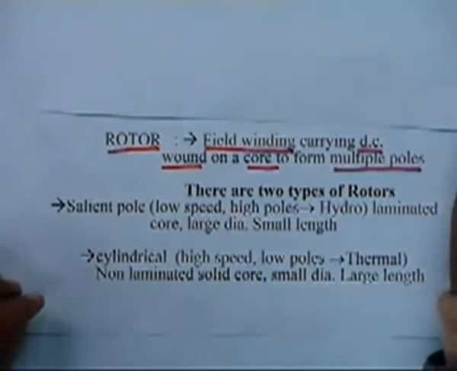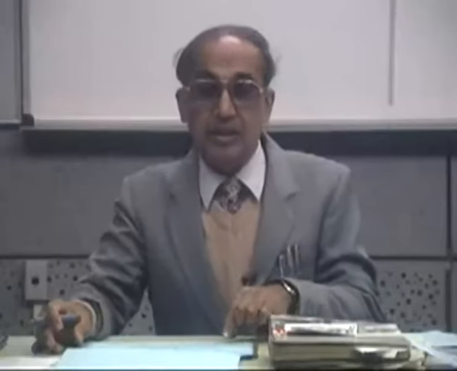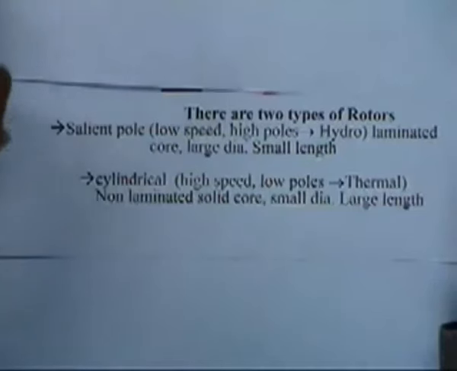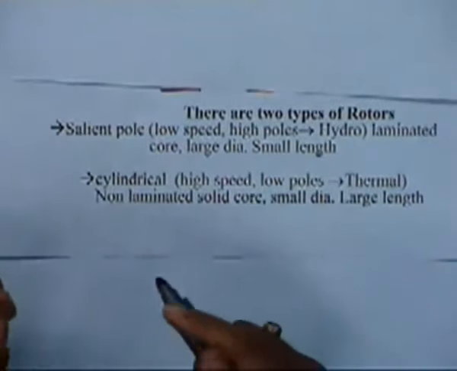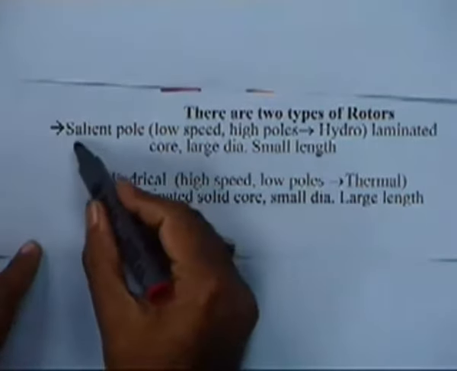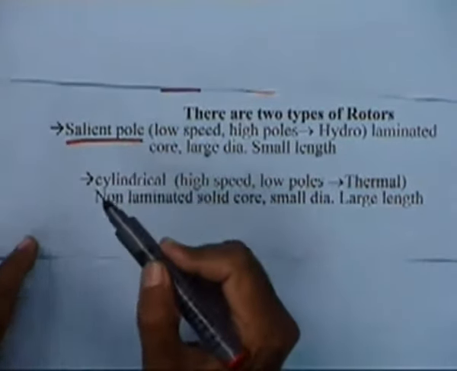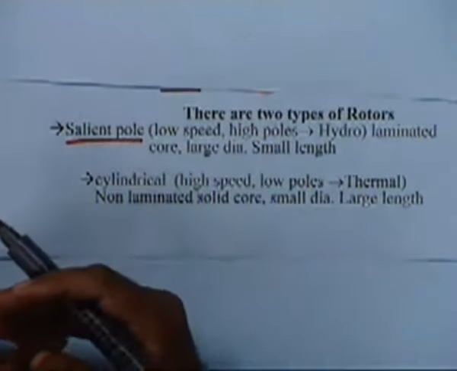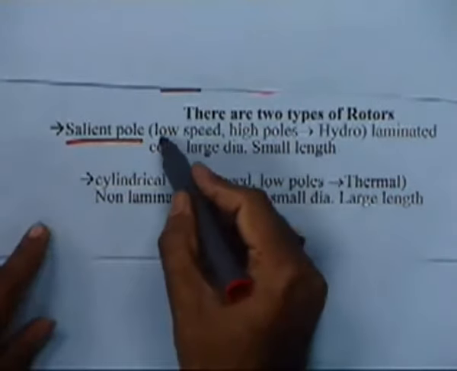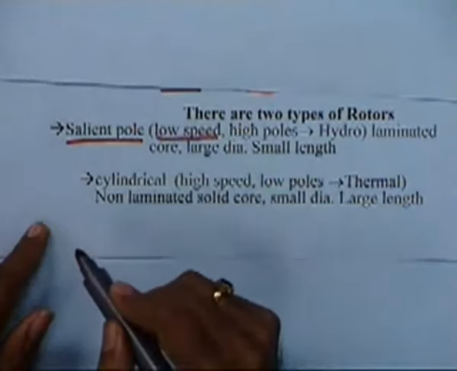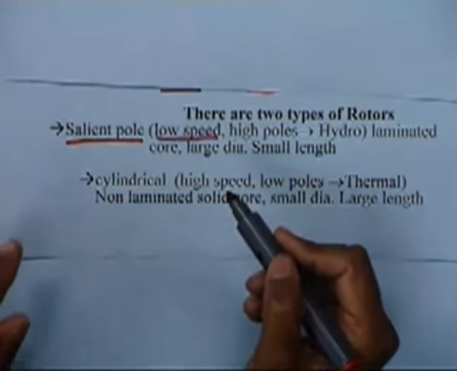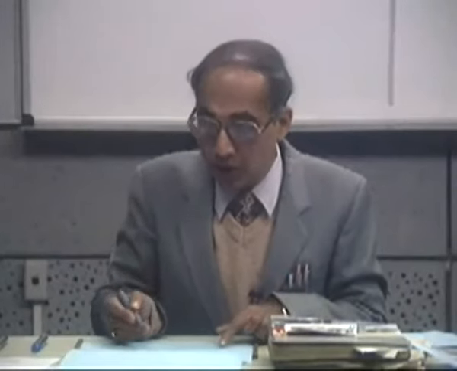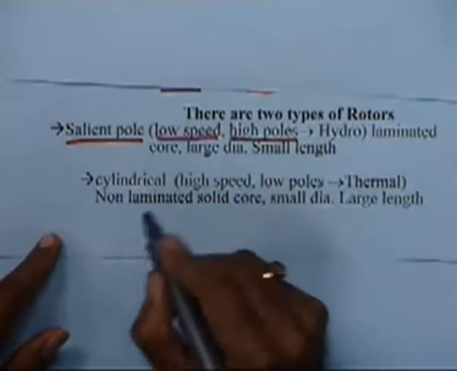And let us understand how many types of rotors there are. In broad terms, there are two types of rotors. One is called a salient pole rotor, which has protruded poles. We will see them in the pictures a little later, and they operate at low speed, and to get the same frequency, any low speed machine would necessarily have to have a large number of poles,